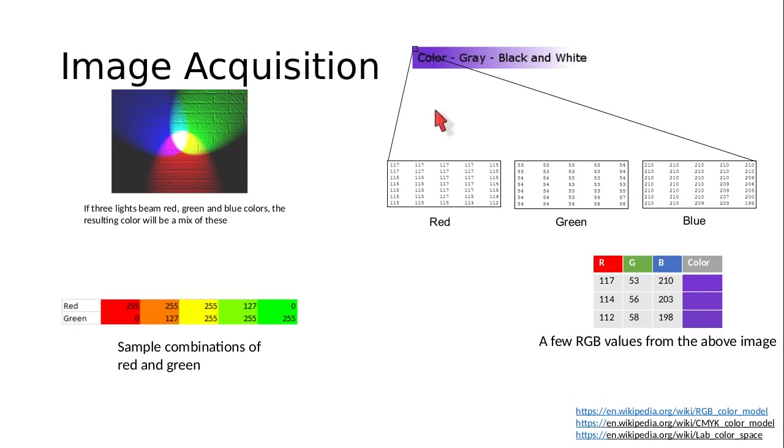Typically, a color image is made up of 3 channels or 3 colors, which are red, green and blue. And let's say you had a scanner which scanned in an image, and let's say the image was made of this colored band. So there is a colored band which goes from violet color to white color, and there are some characters printed on it. So there is a word color hyphen gray hyphen black and white printed on it, and this piece of paper is what you scanned in.